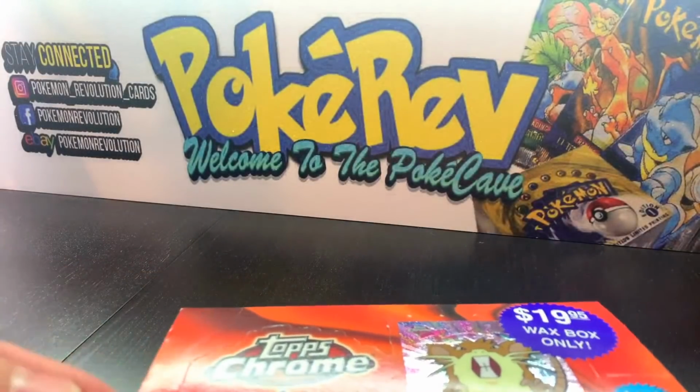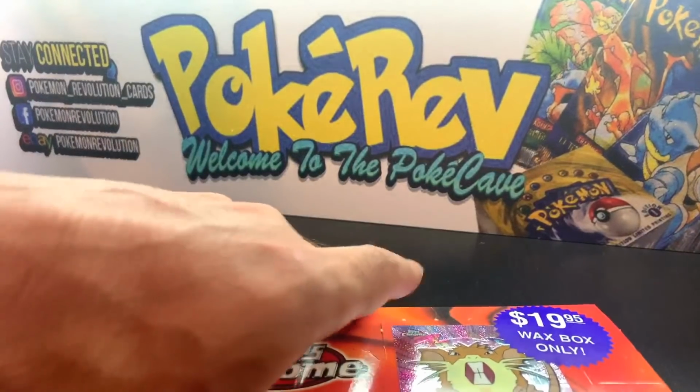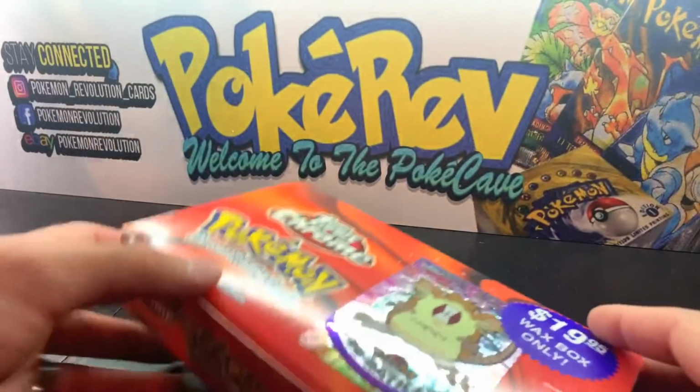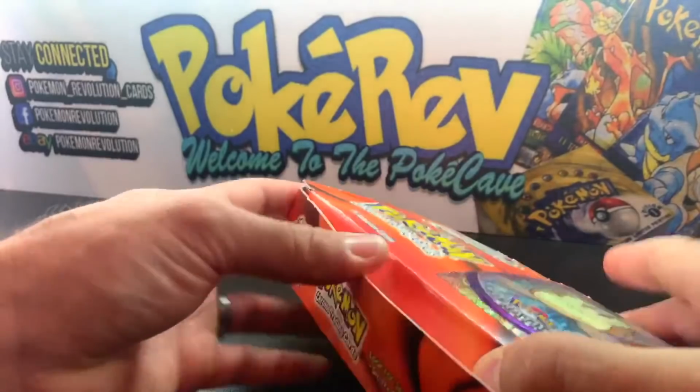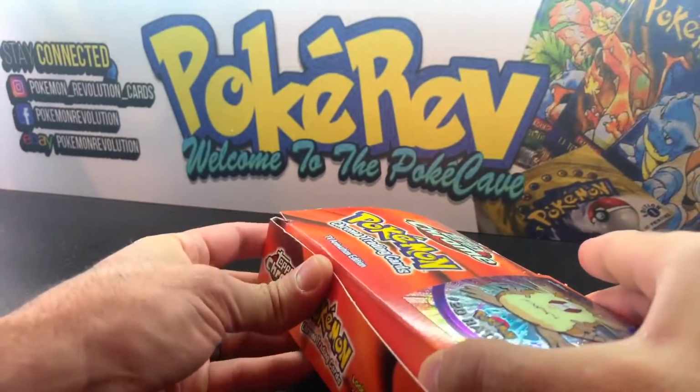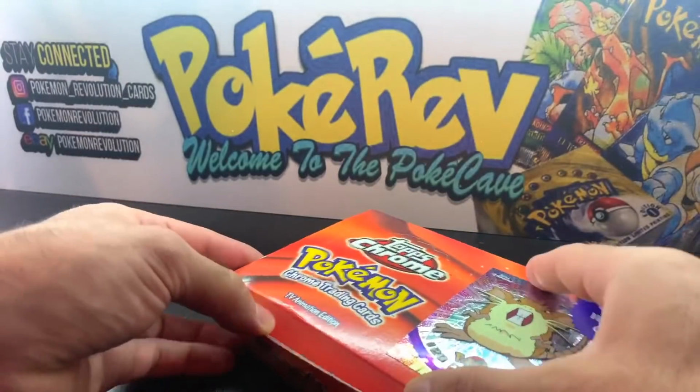It's a love it or hate it thing. Some people hate them, some people love them. I personally, over time, have learned to really like these cards. They're really cool. I mean, they're like full arts. These were like the full arts before full art cards. If I can get this thing open without...